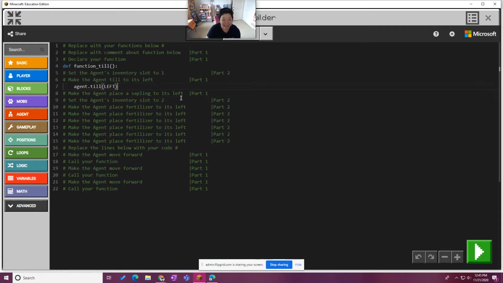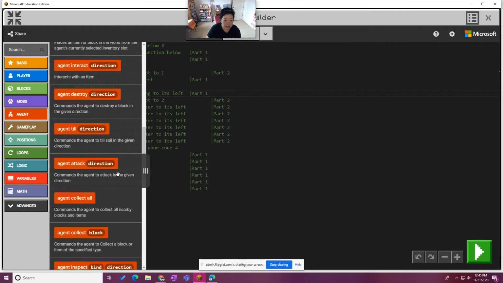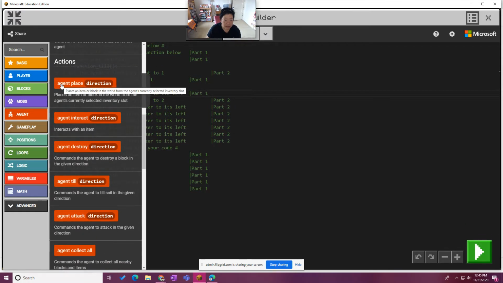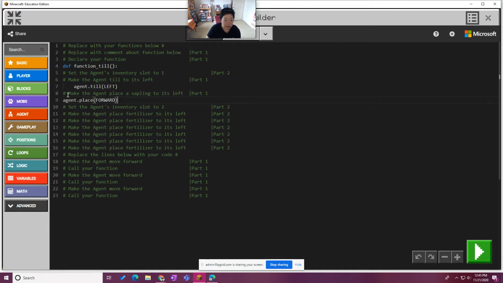Figuring that out. Okay, I could copy and paste that too, but I'm going to go ahead and do it from here. So place a sapling to its left. So we're going to the agent. I'm saying agent place direction. Okay, and I'm going to put that here. Place, oh, it didn't do that because the line preceding it is not indented. So place forward, but I gotta say, oh, place left,